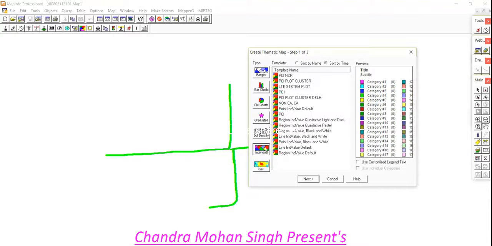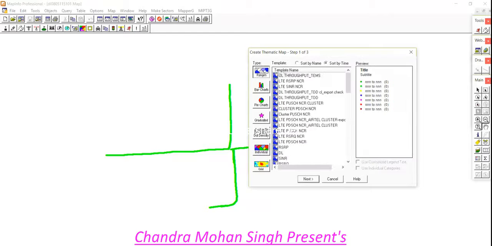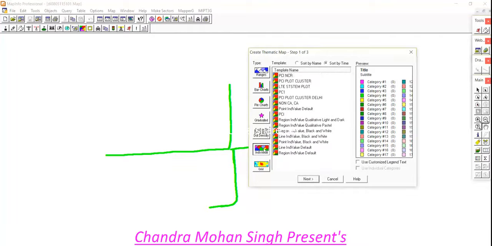So if we create a thematic of PCI, then we go to individual. One of the templates selected, like we select region individual.